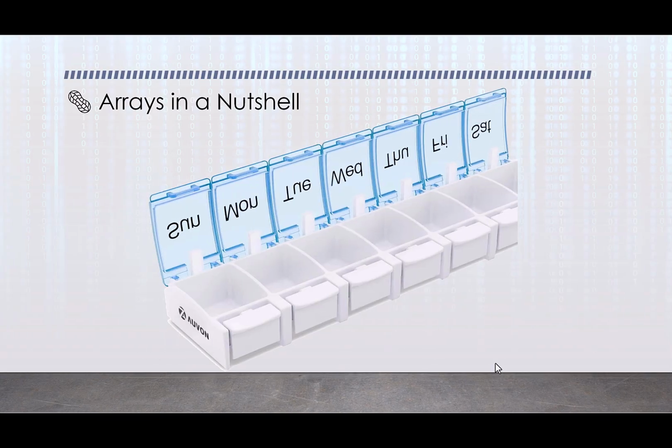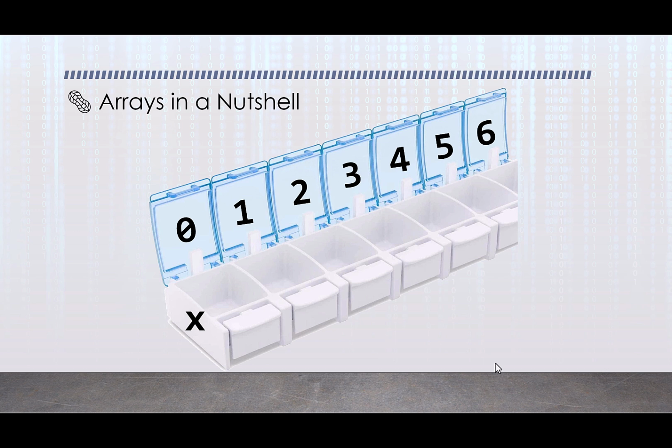Let's take a look now at arrays. Arrays are closer to these little pill containers, right? You have one container, but it has several slots in it. So if we were to just simply overwrite things a little bit there, now we have this pill container that is the variable x, and we have the 0th slot, the 1th slot, the 2th slot, the 3rd slot, and you're going to hear me use that verbiage over and over again.